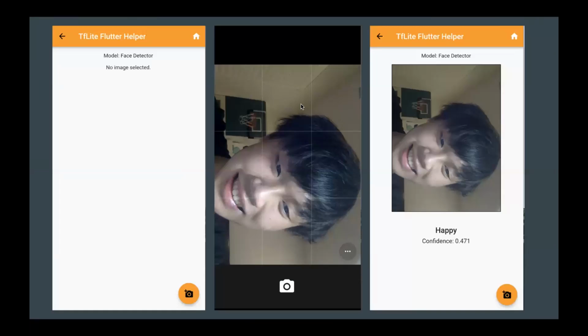All right, so here are the actual consumer pages. Right now, we've selected the model face detector. We've got multiple models we could use, but in this case, we're just choosing the face detector model. Over here, we can take a picture of yourself happy. Once you supply it with a picture of yourself happy, it can actually predict what type of label it is. In this case, because the model detected that I was happy, it said I was happy, and it gives you a confidence rating of 47%. Of course, as long as you supply more images, the confidence would probably rise, and the consistency with which the model is correct would also rise.